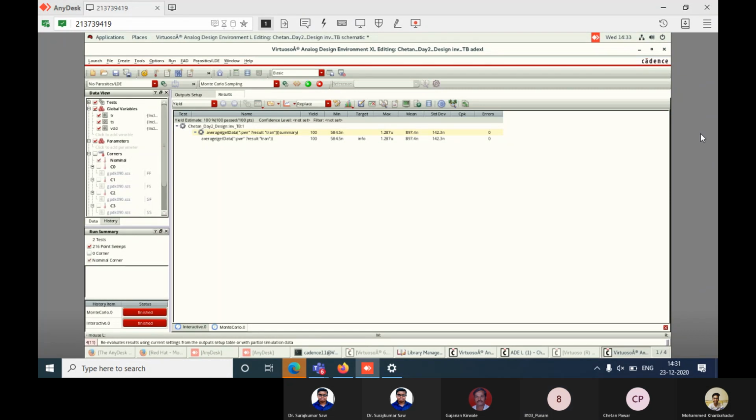The output is not varying much, right? You can see some overlapping is done, but not much. That means our circuit can persist up to a 5% level of tolerance, right? If you vary the different parameters by 5%, the circuit will not vary. So altogether 216 it is showing; you can see the first column.